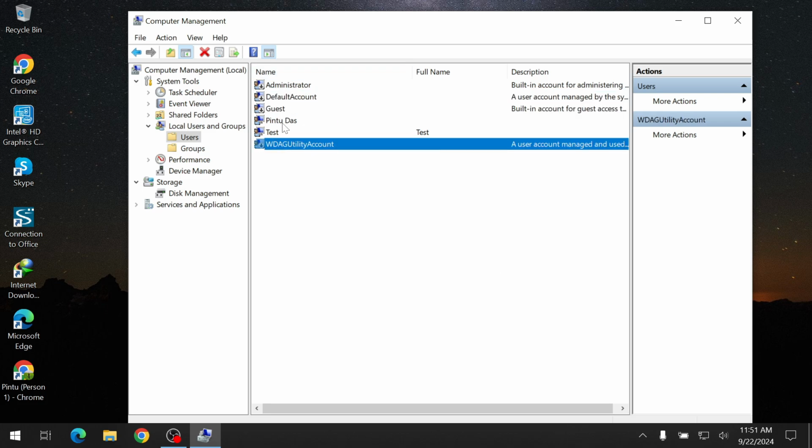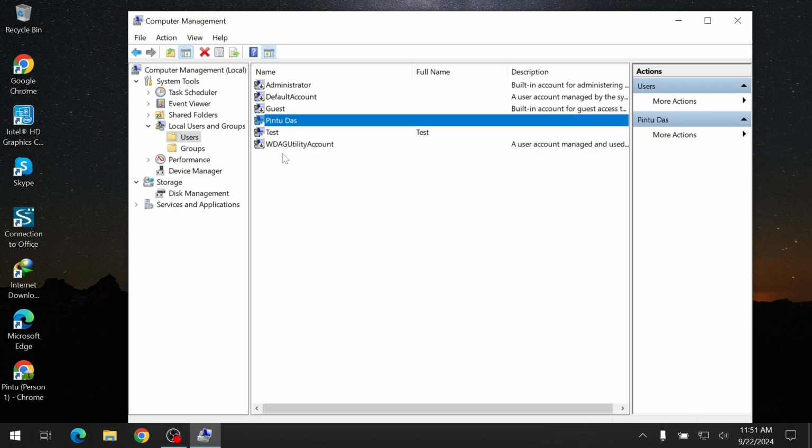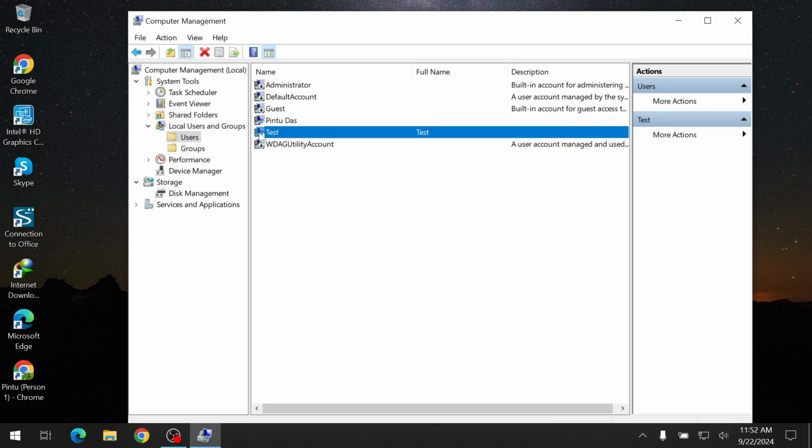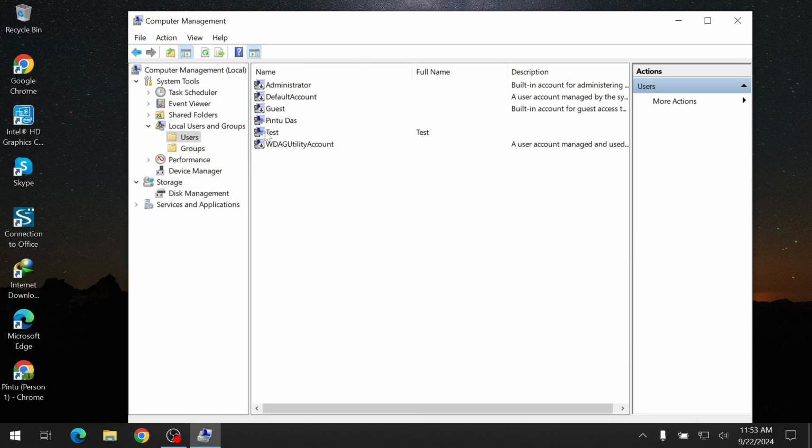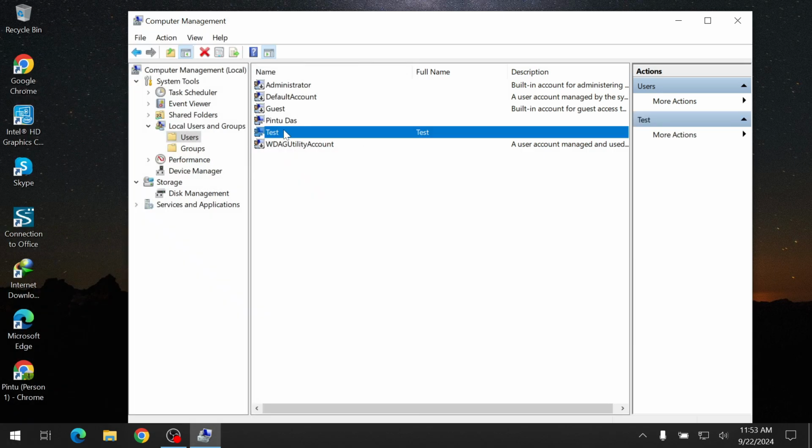But you can see over here there are two other users on this computer. One is this one, which is used by me, and this is another test user. So I want to delete this user. You can just right click on this particular user and